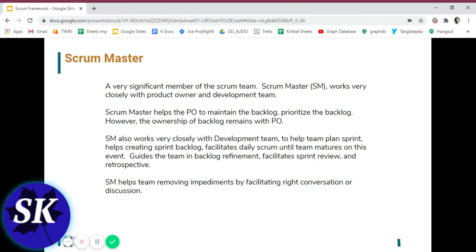What could be done to self-organize, but the way they want to, it remains entirely with the team. Right? They help create high-value products, helping by removing impediments to the development team's progress,